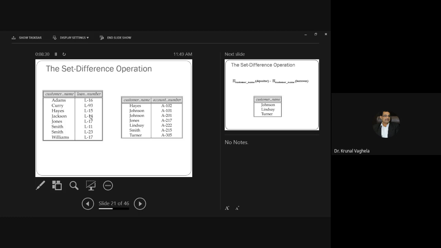Now I will ask the reverse. Give me the names of the customers who have a loan but not an account. Who have a loan but not an account. Only loan.